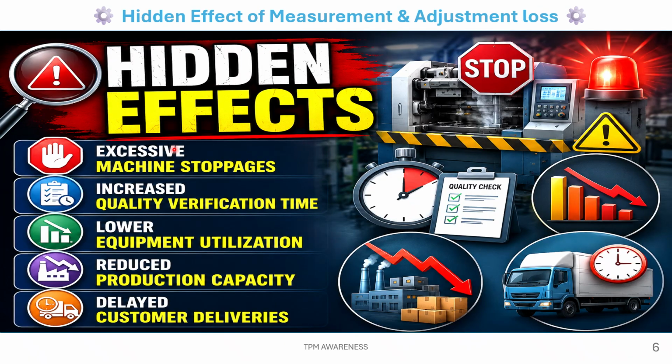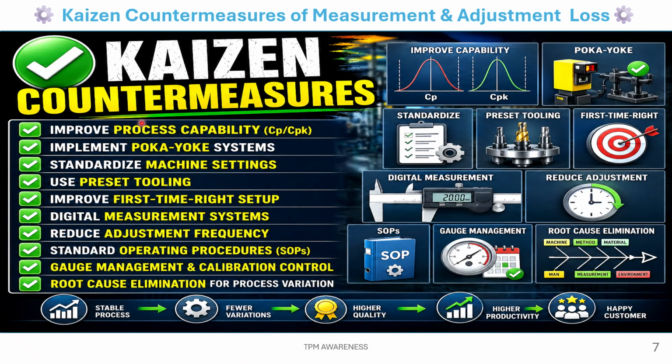Hidden effects of measurement and adjustment loss: excessive machine stoppages, increased quality verification time, lower equipment utilization, reduced production capacity and delayed customer deliveries. Kaizen countermeasures of measurement and adjustment loss: improve process capability like Cp/Cpk, implement Poka-Yoke systems, standardize